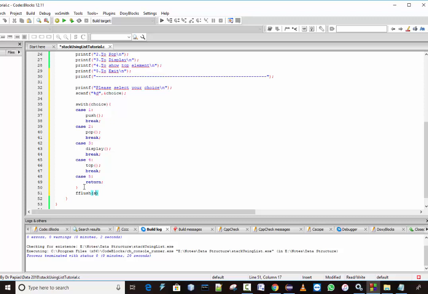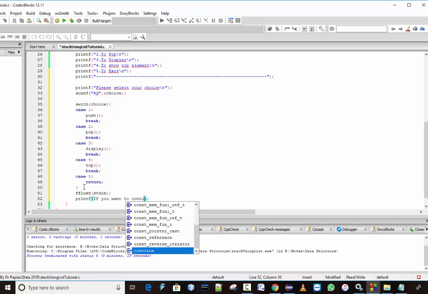Okay, sorry, stdin. Then mpite mubwira printf if you want to continue,